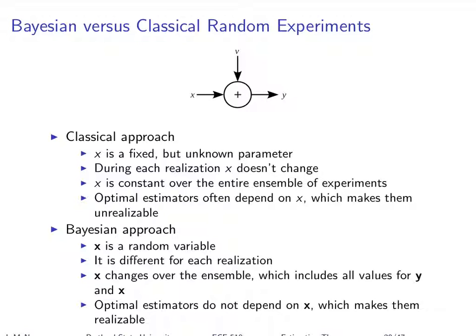So just to say a little bit more about the differences to help you understand the different frameworks. I've got the same model up here, but obviously I didn't use boldface to indicate what was random. So this is just kind of a generic diagram. But in the classical approach, again, the thing we're trying to estimate is some fixed but unknown parameter. We don't usually model that as a random variable when we're using classical estimation.